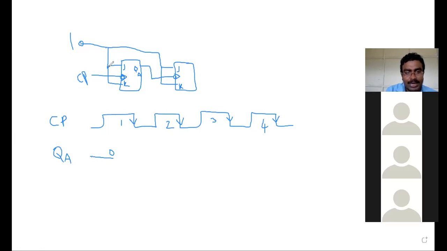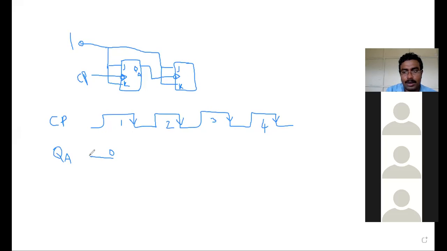and if I'm giving JA, KA an input of 1, the JK flip-flop will be in toggle state. Then to which state will it move? What will be the next state after giving present state 0? If it is in toggle state and my present state is 0, what will be my next state? 1, sir. 1.